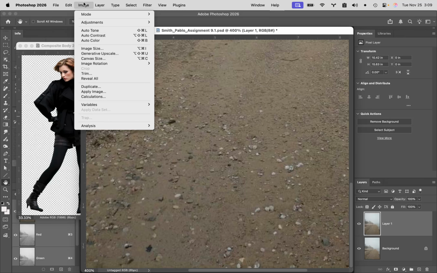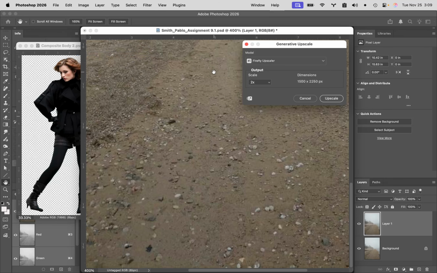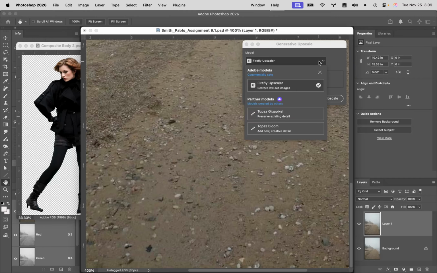To do that, come up to your image menu, down to, you can try generative upscale. This is relatively new. When you do the generative upscale, a window will open up, and you'll have a drop-down menu here for models. Currently, the college is not paying for the partner models. So if you click on Topaz, either Gigapixel or Topaz Bloom, the difference in these two is the Gigapixel tries to keep as much of the original image as possible. The Topaz Bloom will actually invent stuff for your image, so it'll add trees or possibly add waves,